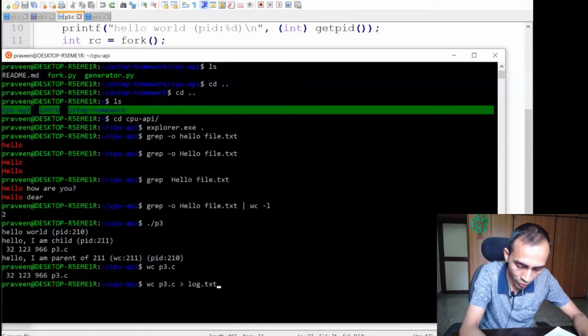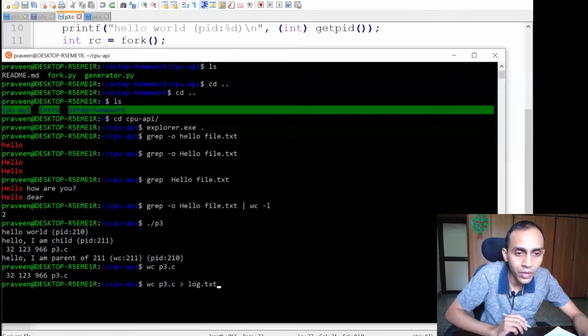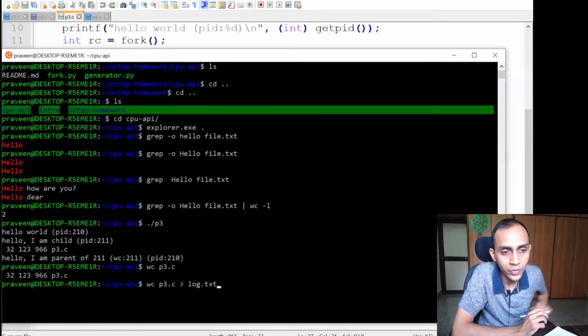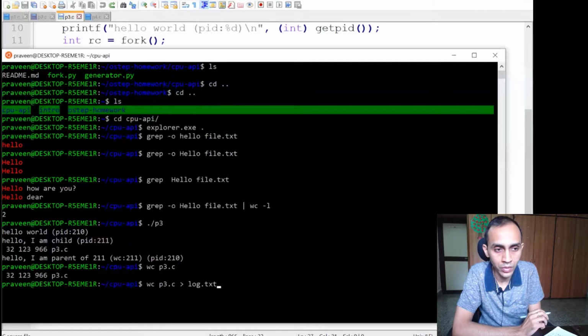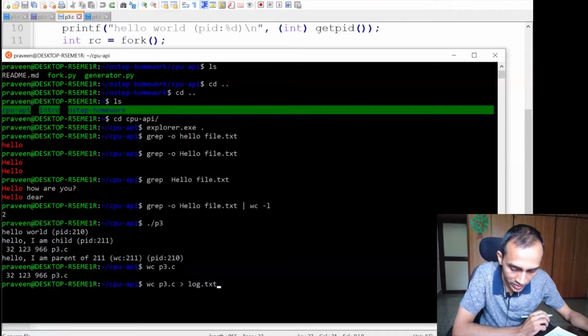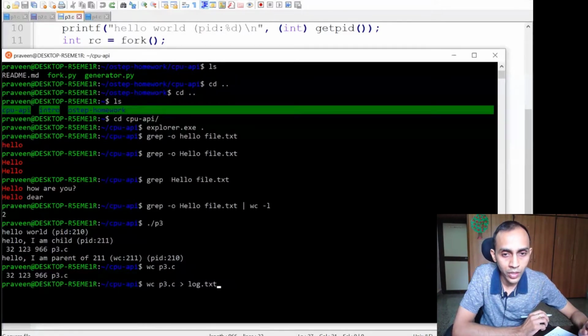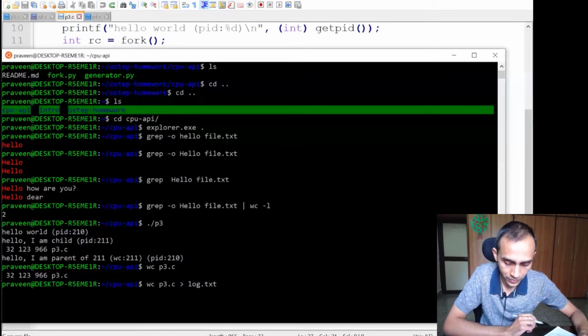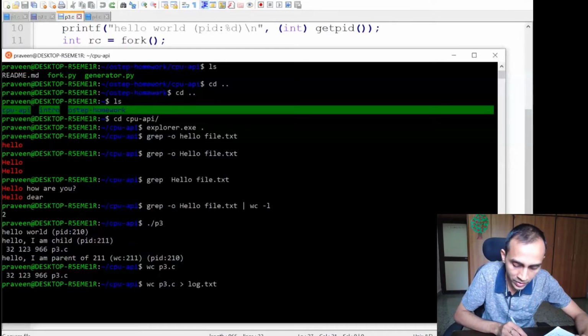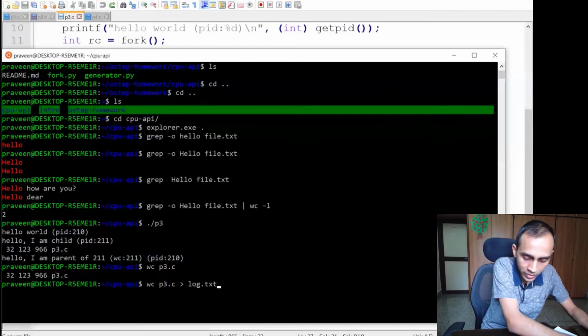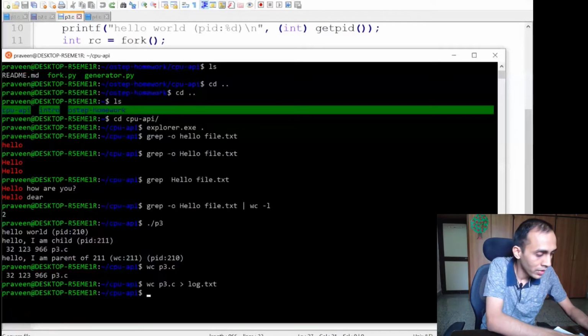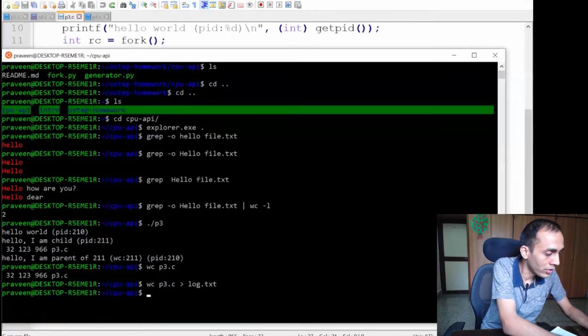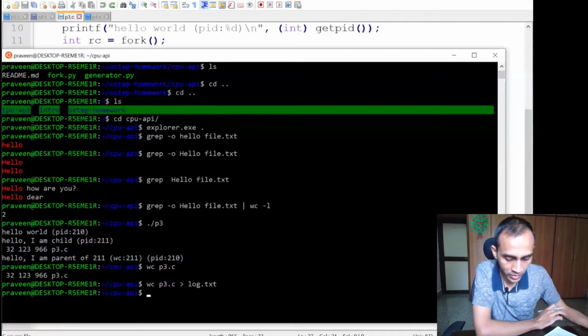then I hope you know this arrow operator. This is a redirection operator in Unix. You would have used it in your earlier software labs. So this basically redirects the output from the monitor to the log file that we are trying to create. Now you don't get the output on the screen, but the new file log.txt would have been created, and the output would have been written in that file.